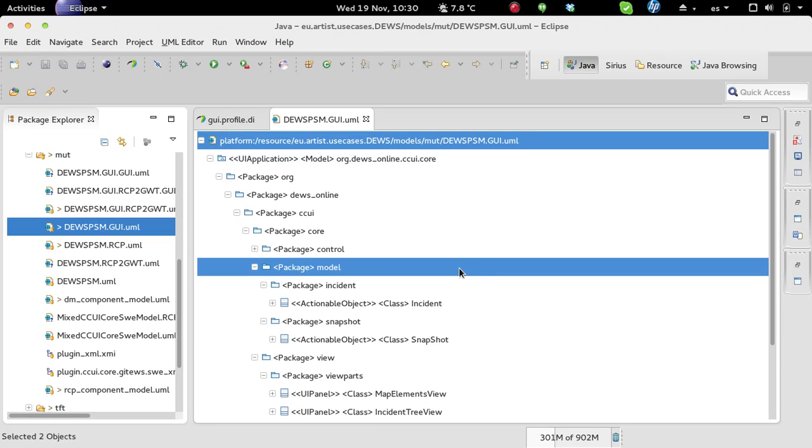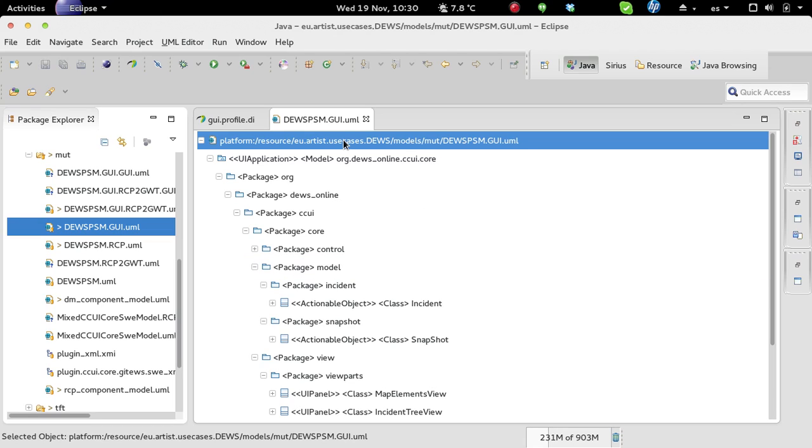In this demo, we are going to show how to use one of the classification tools that are part of the ARTIST classification toolbox. In this particular case, we are going to classify a platform-independent model that is describing an existing user interface. That is a component of the existing application that was created previously by using the model discovery